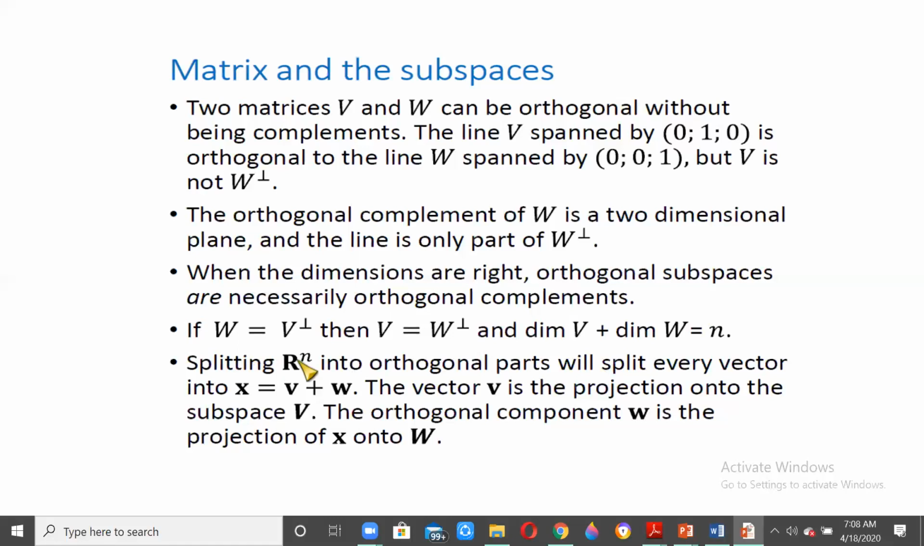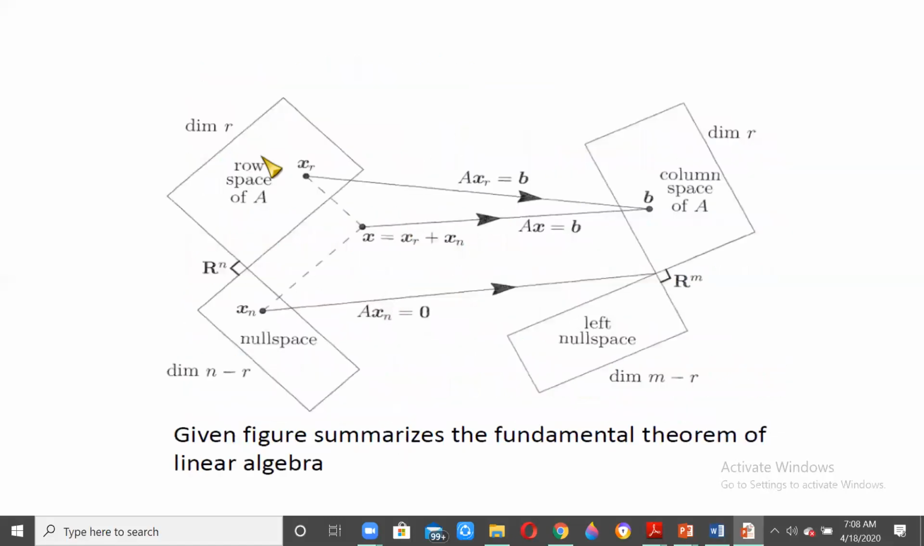So splitting Rn into orthogonal parts will split every vector into x equal to V plus W. The vector V is the projection of x onto the subspace V. The orthogonal component W is the projection of x onto W. So the orthogonal component V is the projection of x onto V, and the orthogonal component W is the projection of x onto W. So this is what it shows, that row space is the orthogonal complement of null space,